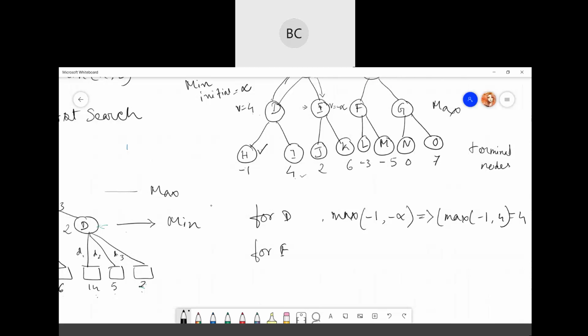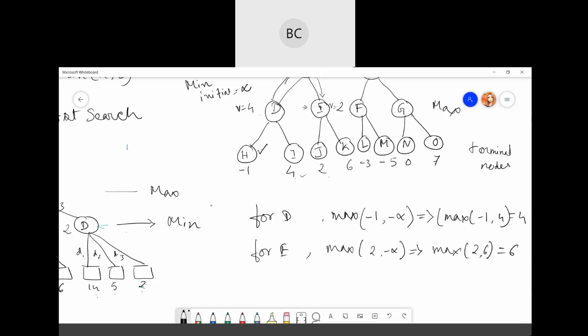First, the max value I'm going to compare is with 2. Okay, 2 and -infinity. So v will now become 2 here. Correct. Now there is another child which is K. The value is 6. Now I'll check which one is the max value, 2 or 6.